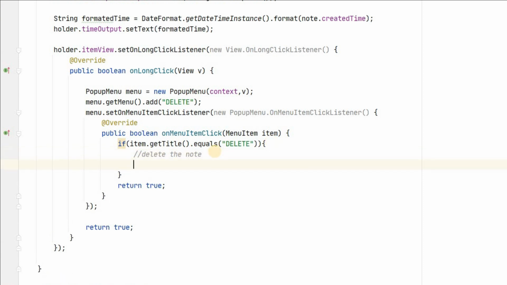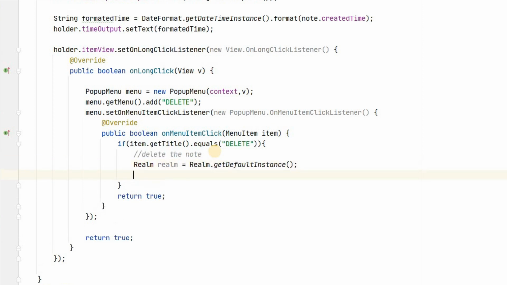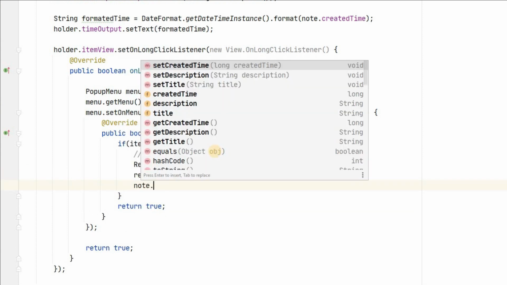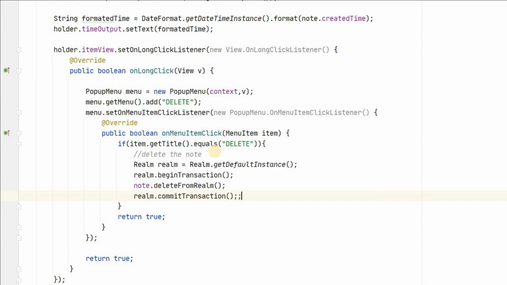So to delete the note, we have to create an instance of Realm: Realm.getDefaultInstance, realm.beginTransaction, note.deleteFromRealm, and realm.commitTransaction. We are deleting first and then committing the transaction.